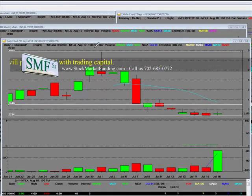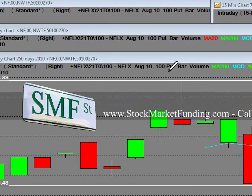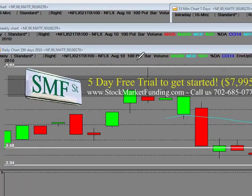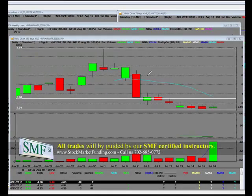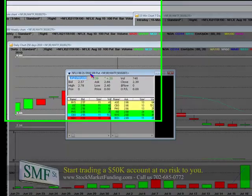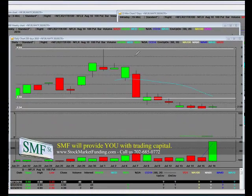stockmarketfunding.com. What we're going to be showing is that there's an earnings season coming up on 7/21 on Netflix. And their earnings will probably be good. But here's the thing. The $100 put below the market, and they're expensive on the options, by the way. That's this instrument right here, $100 put. So, to manage my risk, I'm going to take advantage of buying these down here